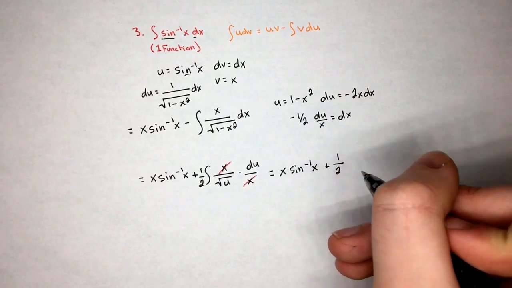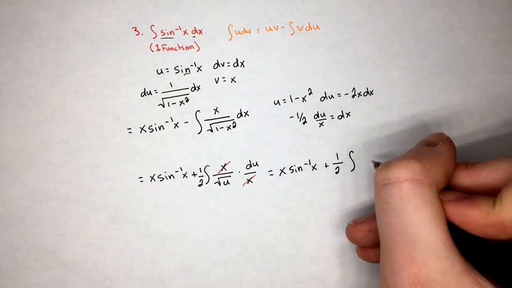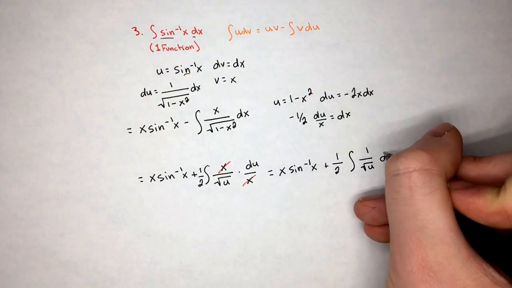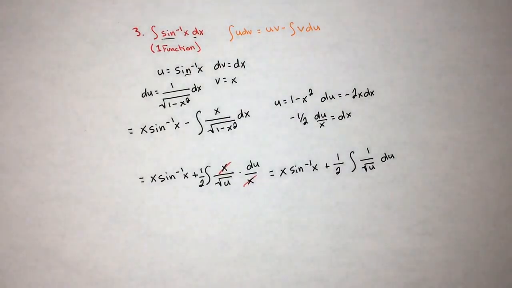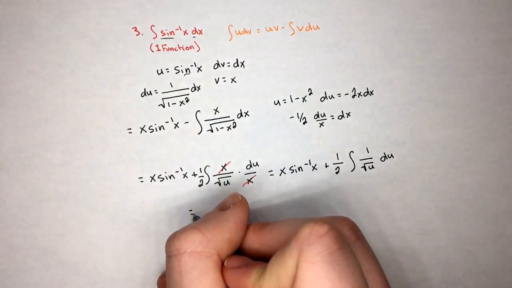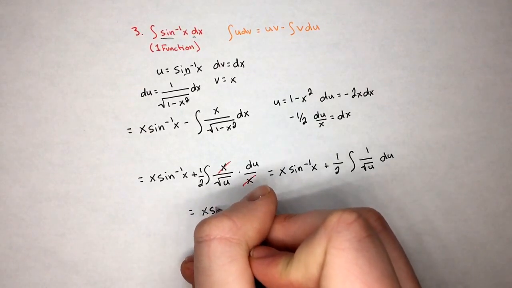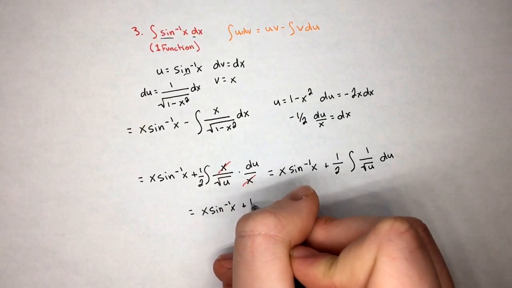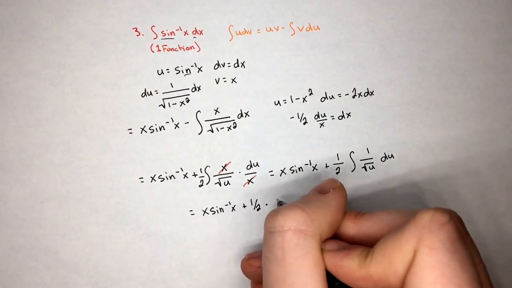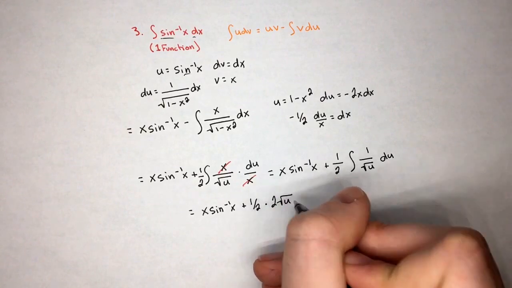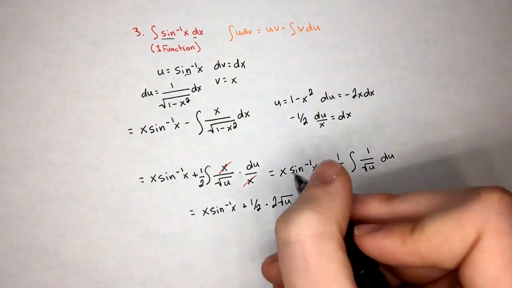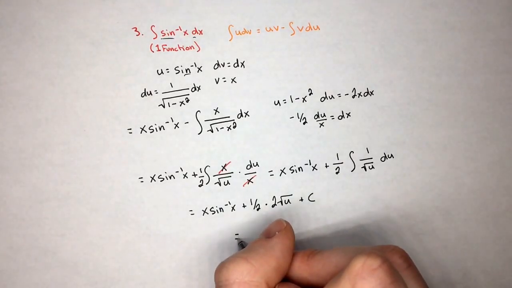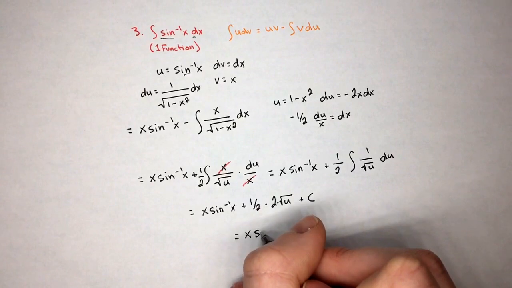plus 1/2 times the integral of 1 over the square root of u du. And now we can go ahead and solve for this integral just like we would for any other. We're going to go ahead and get x arcsine of x plus 1/2 times 2 square root of u plus c. And we can note that that 1/2 and that 2 will cancel, and then rewriting, we're going to go ahead